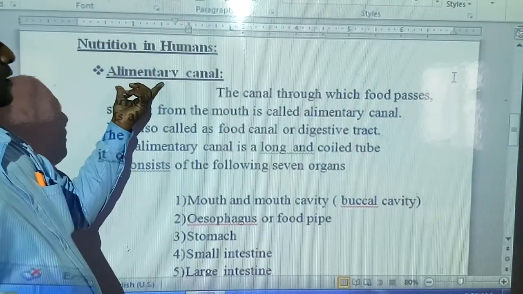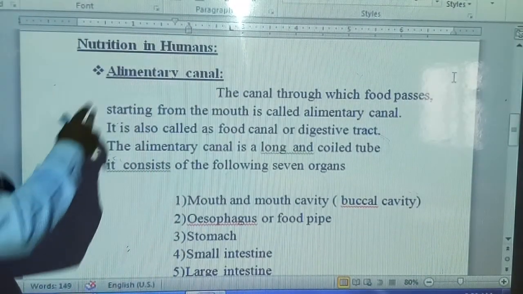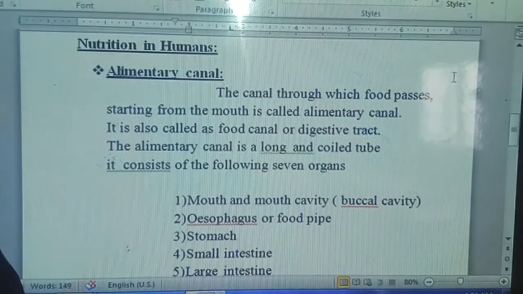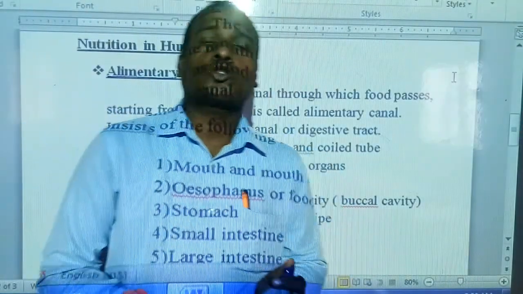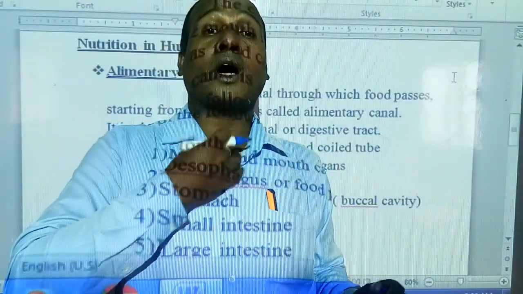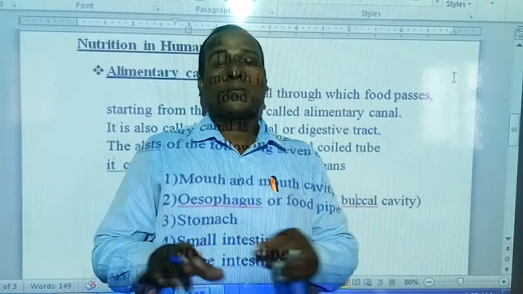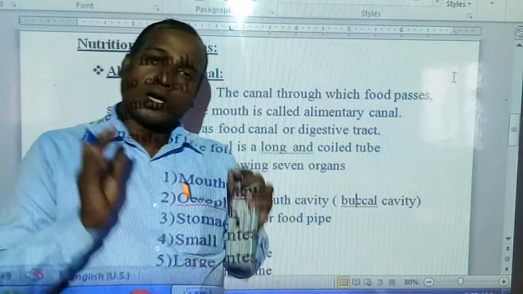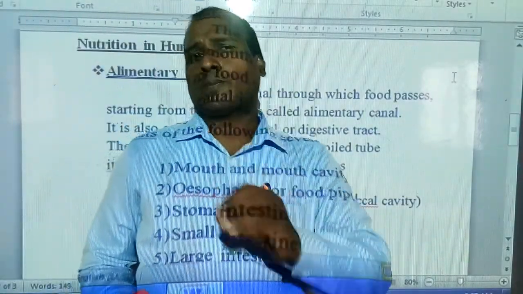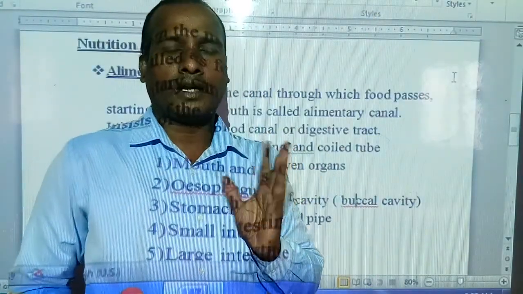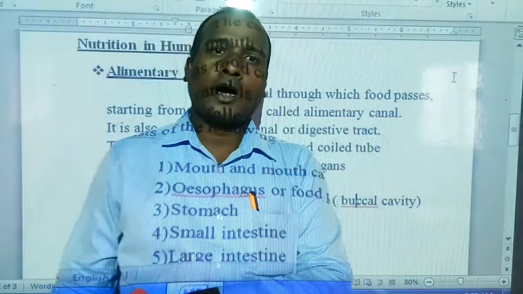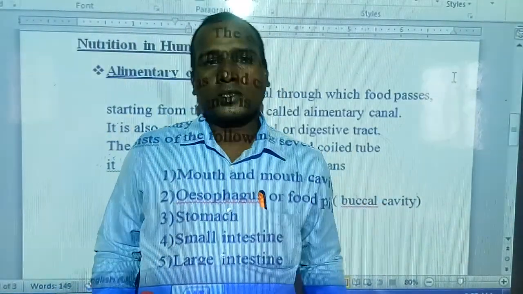First is the alimentary canal. Students, you should see: ALIMENTARY. This is called the alimentary canal, also called the food pipe. Whenever you put food in the mouth, you only observe that part, but where it goes, how the action takes place in different parts, you have to understand. You put rice or chapati in the mouth, and only that much you know, but where it stays, how it is digested, how it comes out, and what energy it gives us, we will discuss.